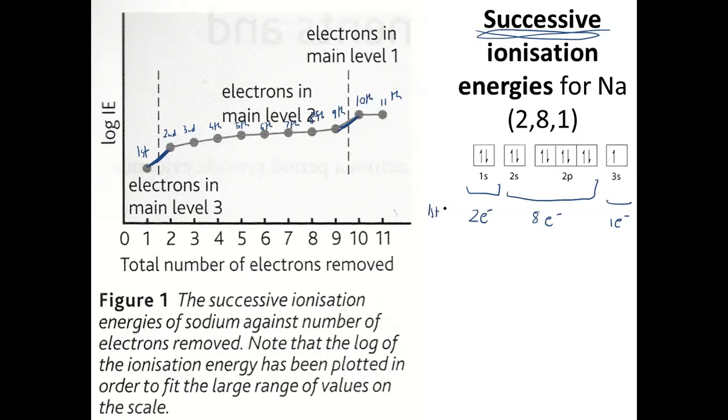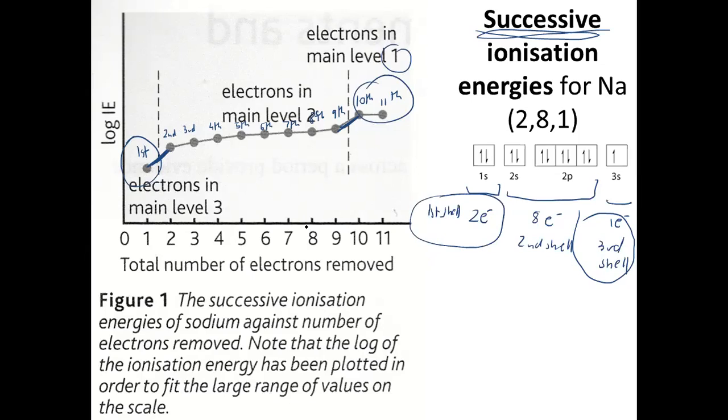So this is first shell, second shell, third shell, right? So on my third shell, I've got 1 electron. That's this, right? On my second shell, I've got these 8 electrons. That's this section in here. And on my first shell, I've got 2 electrons. That's this. So this provides evidence on how electrons are laid out in shells,